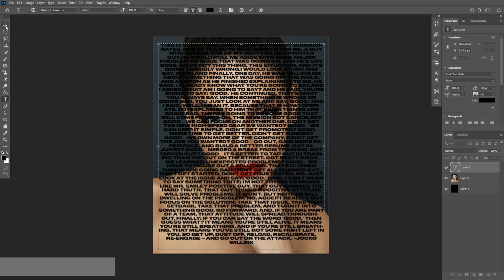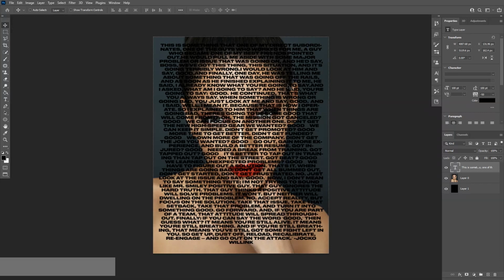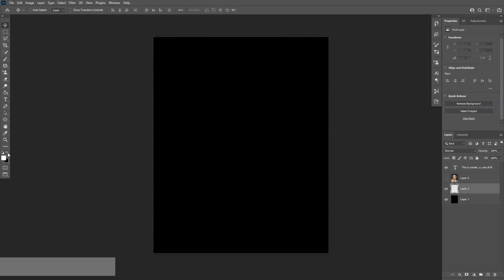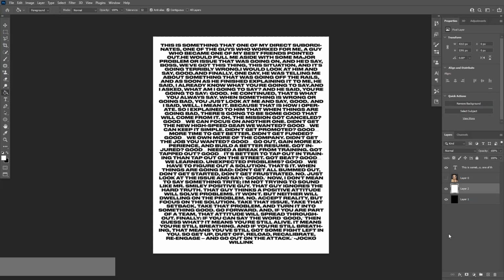Okay, well, in order to adjust the text easily, so you can see all the stuff going on, I'm gonna uncheck the model and I'm gonna create a new layer under the black layer, and I'm gonna make it white. So switch this, so it's gonna flip it to white. Paint bucket tool again, and now as you can see the text in here, I'm gonna click on the text,